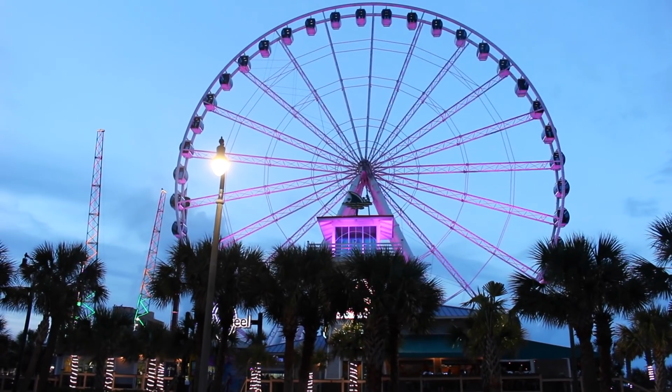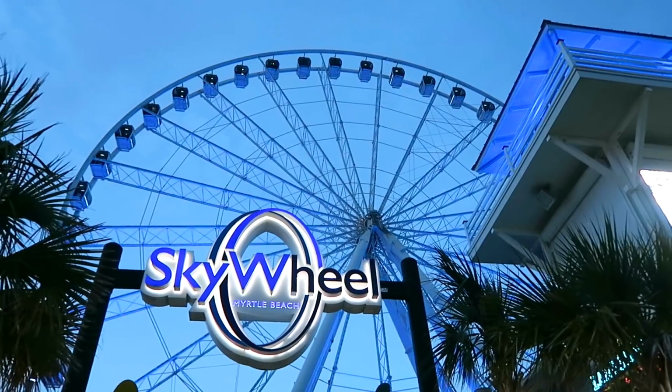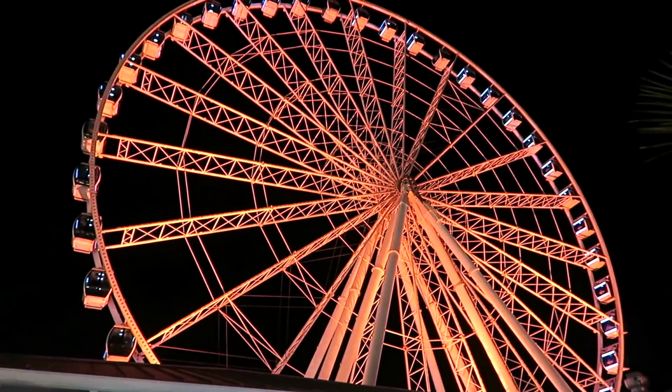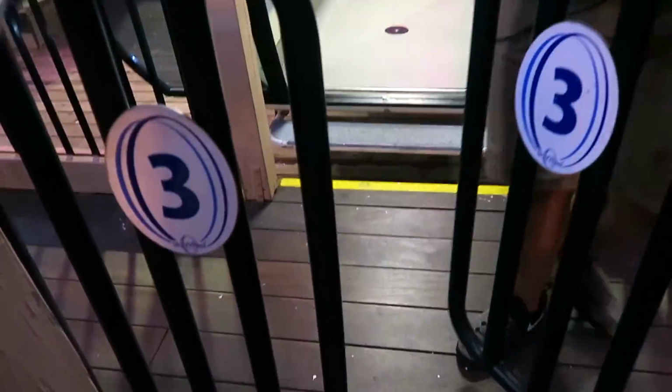Number 6 on my list, you could probably guess, and that is go on the Ferris wheel. If you are new here, I love Ferris wheels. I am so obsessed with them. Everywhere we travel, my boyfriend and I have to go on their Ferris wheel. It's kind of become a really special place for us. So this time on the Myrtle Beach Ferris wheel,